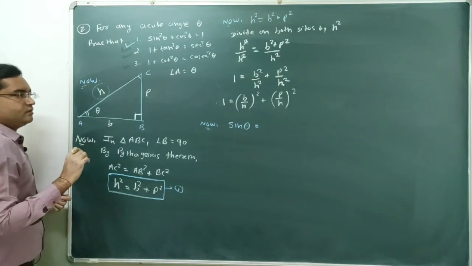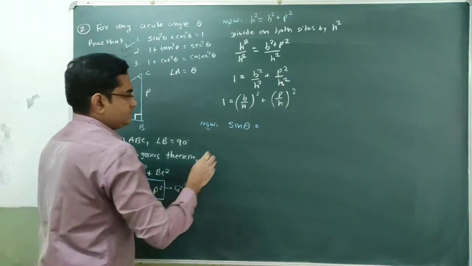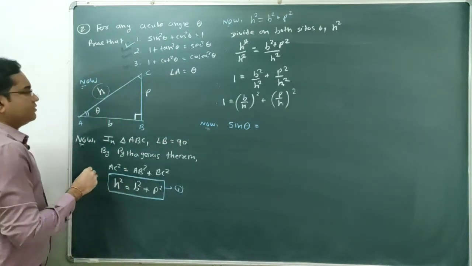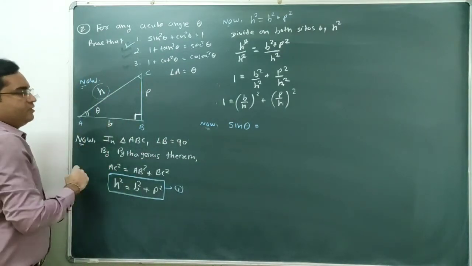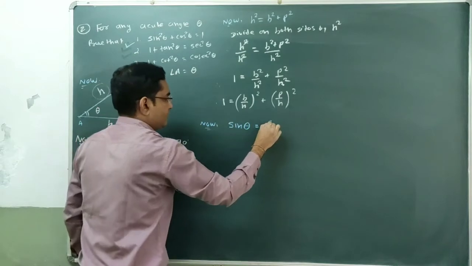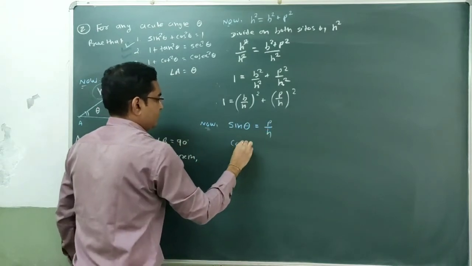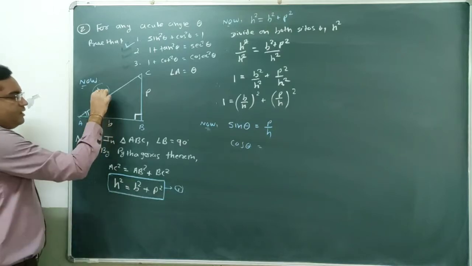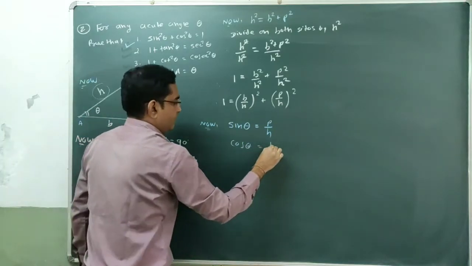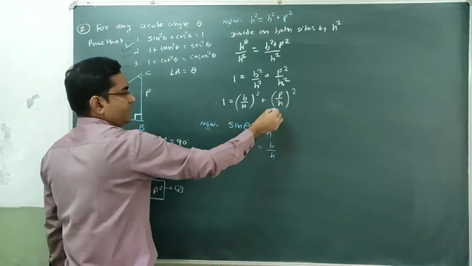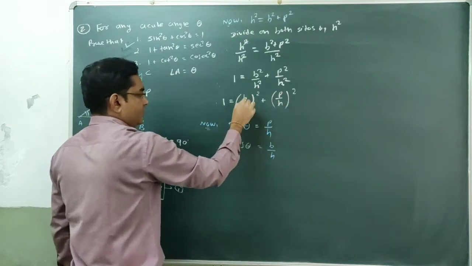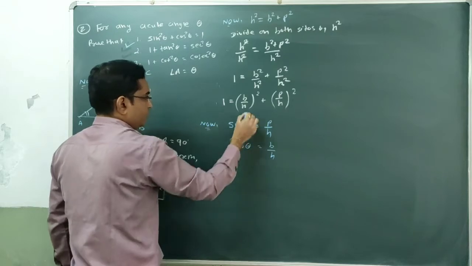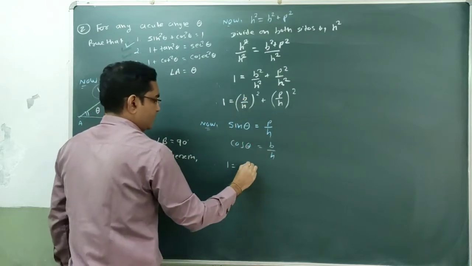Definition of sin theta. So sin theta is opposite side by hypotenuse, so it's p by h, and the definition of cos theta is adjacent side by hypotenuse, so it's b by h. So here we can replace this p by h with sin and b by h with cos, and therefore this is equal to 1 equal to b by h, cos theta